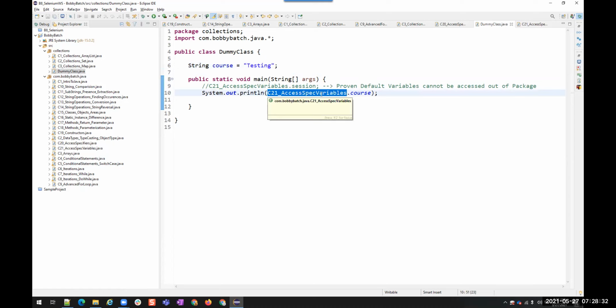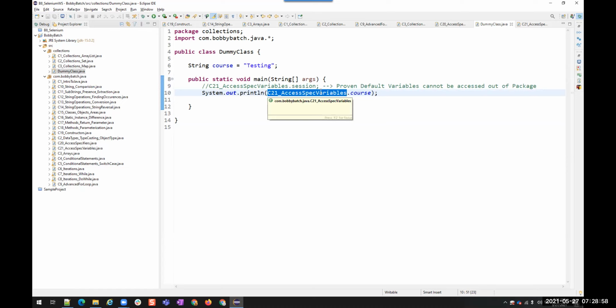That means this course variable is coming from this class. So you can have the same variable in this package, and it doesn't create any issue, because we are already telling, either by creating an object or by class name, that we want the course variable from this class.